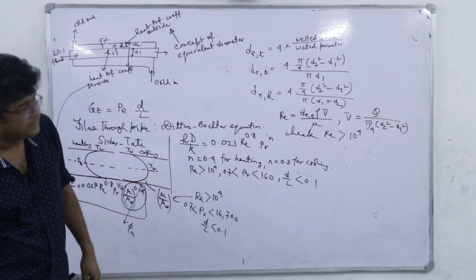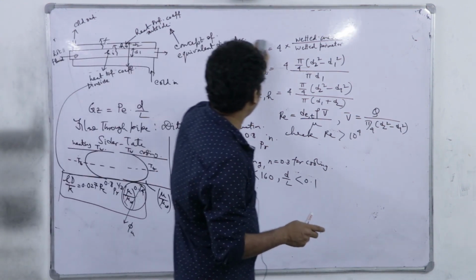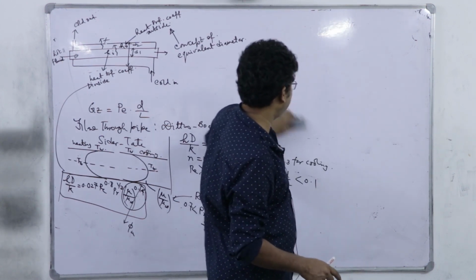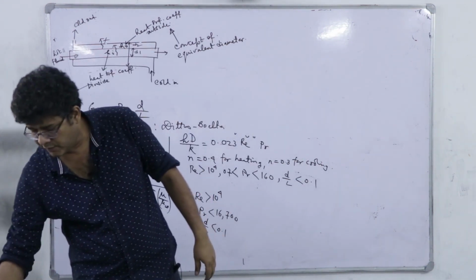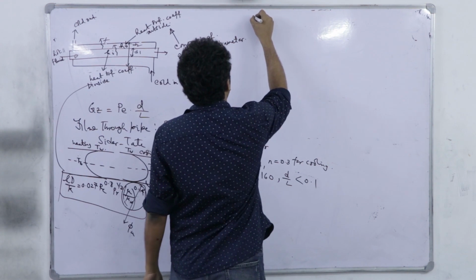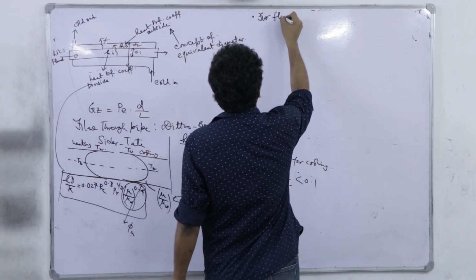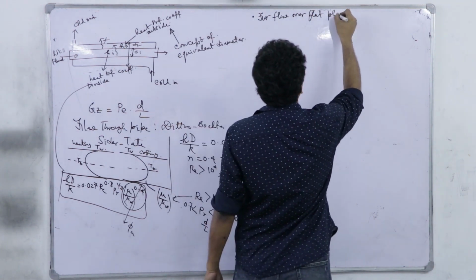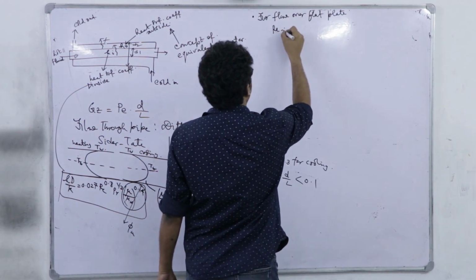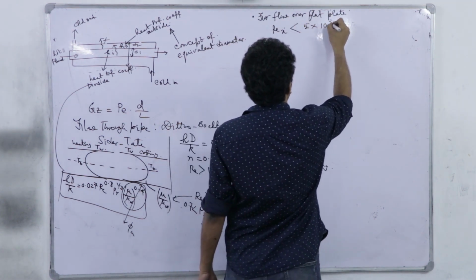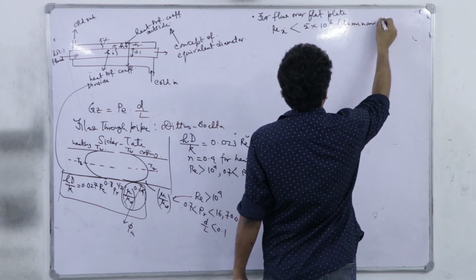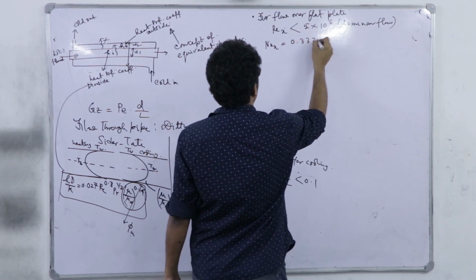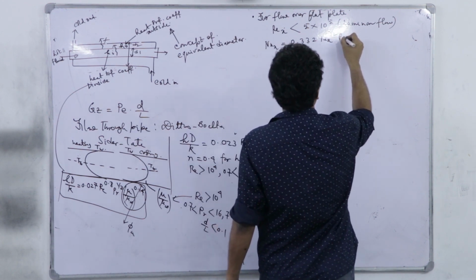Now for flow over a flat plate, already we have discussed. This is a pipe flow. For pipe flow, it is the Sieder-Tate equation, right? And Sieder-Tate equation can also be equivalently applied for this annular region. Now for flow over flat plate, where we have analytical solution, Rex less than 5 into 10 to the power 5, laminar flow, right. So here Nu_x is equal to 0.332 into Rex to the power half into Prandtl number to the power